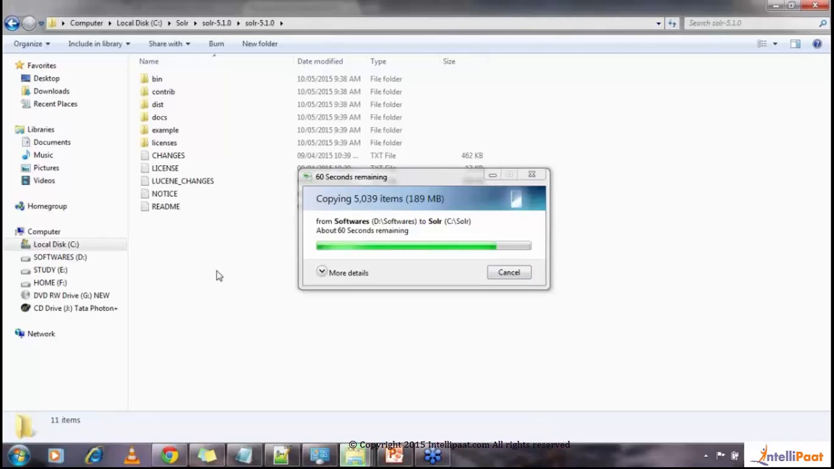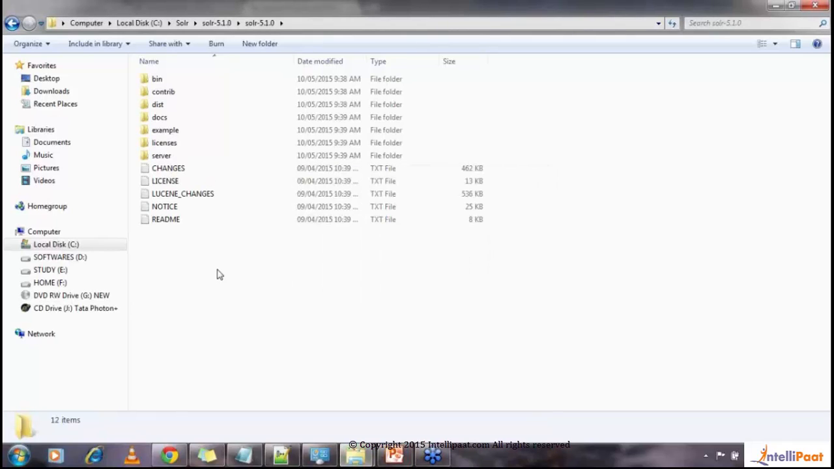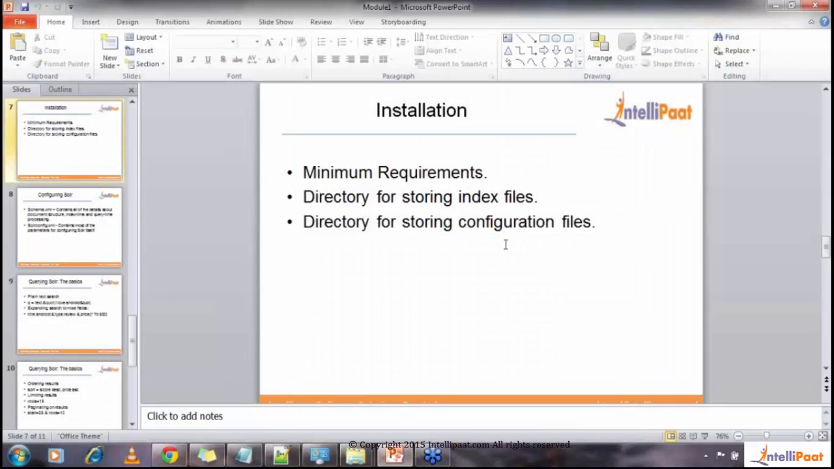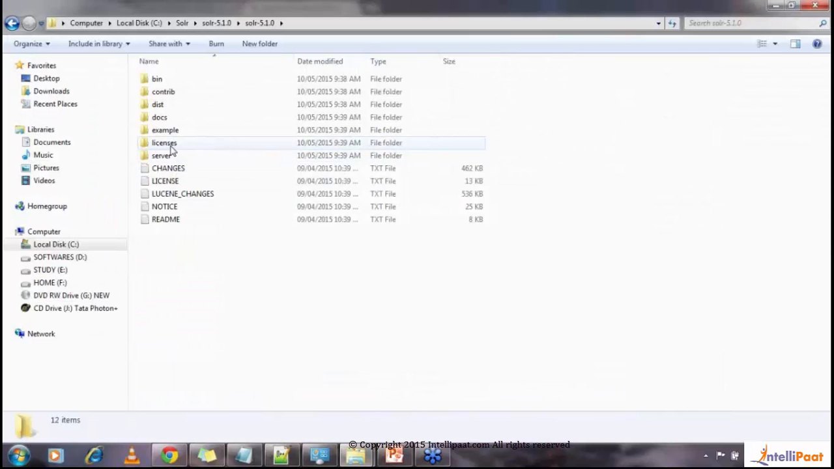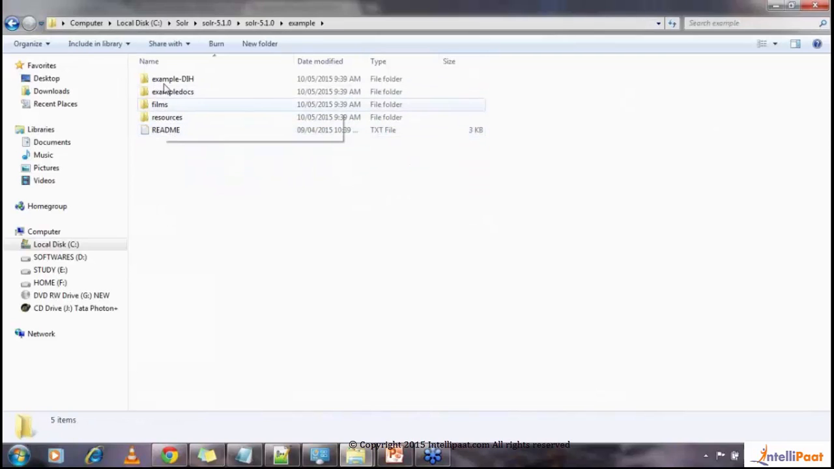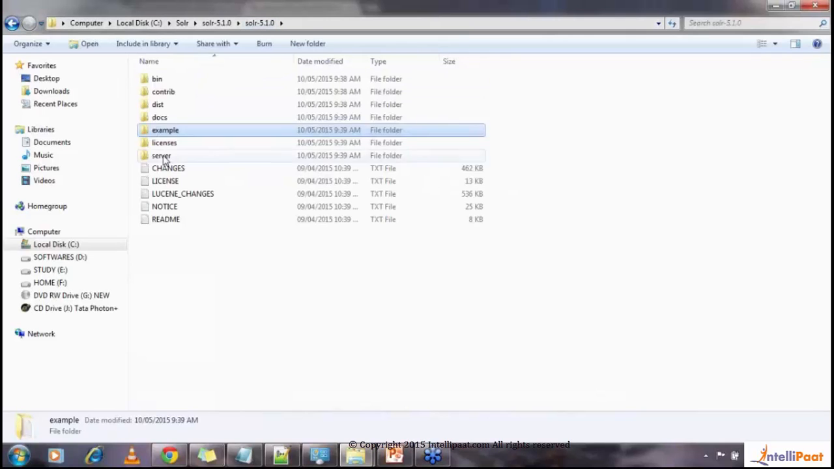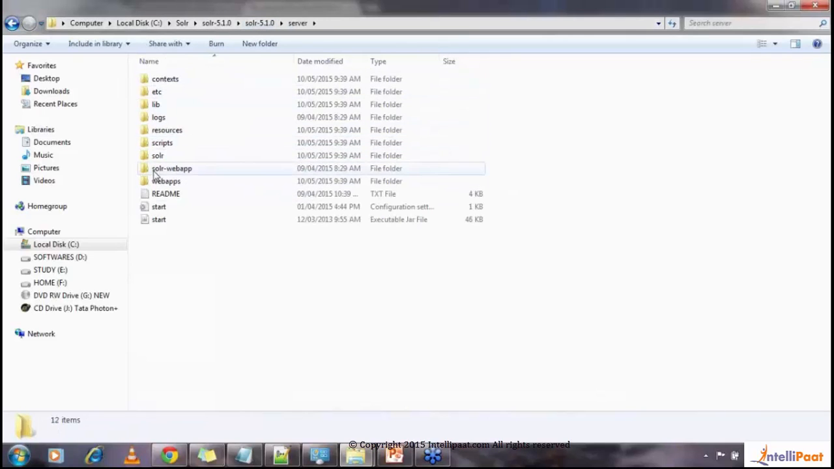So here you see a lot of folders available, like bin, contrib, dist, docs, example, licenses, server. A lot of folders will be available here. Now, I was talking about these files, but let me show you where those are. I need to go to Example. Sorry, I need to go to Server. And in Server, you can see another folder named Solr. To go there,